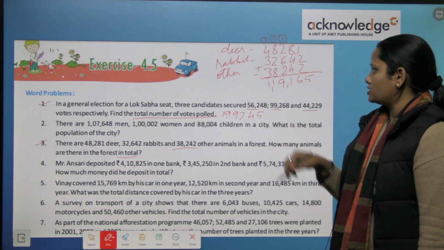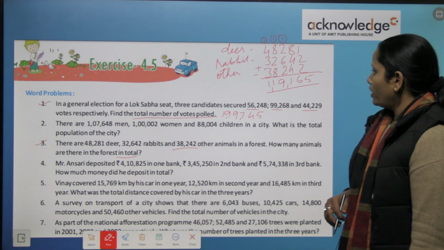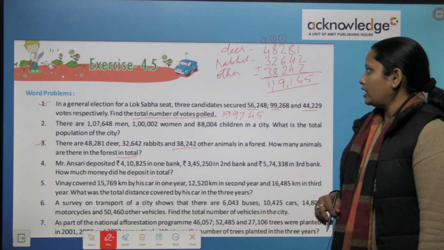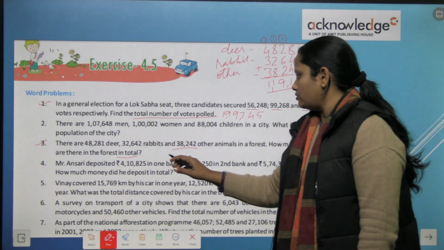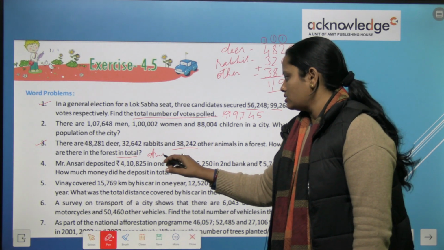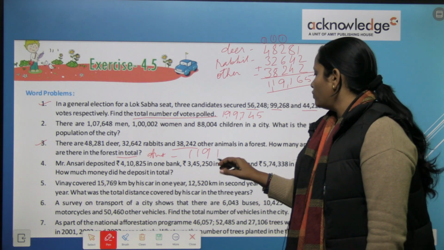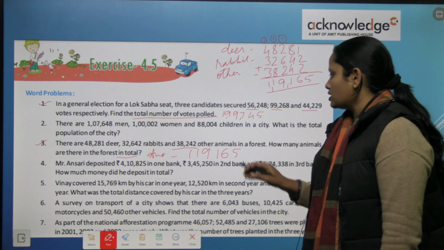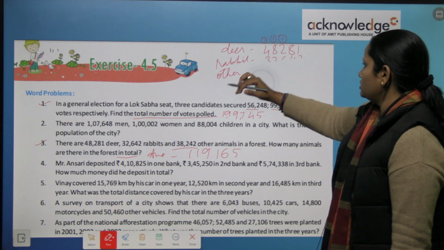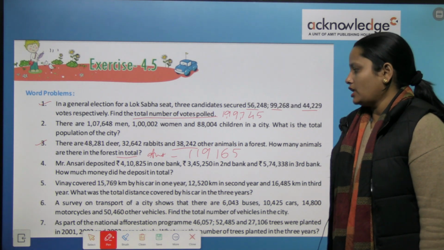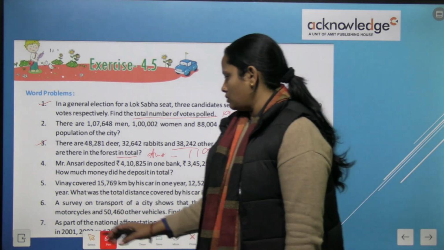So here children, this is our answer. There are total 1,19,165 animals in all. So here let's write down the answer. Answer is 1,19,165 animals. So like this children, you have to do the next question. Let's do the next question. Question number